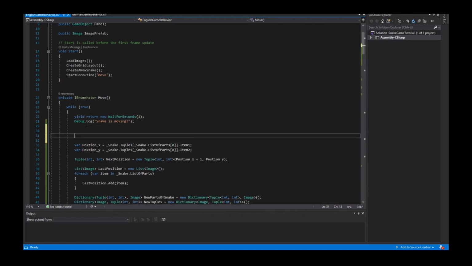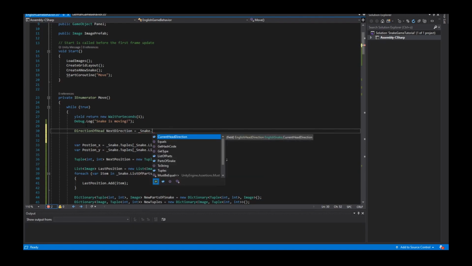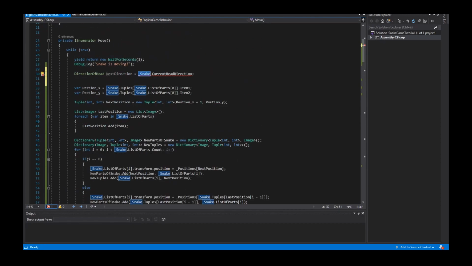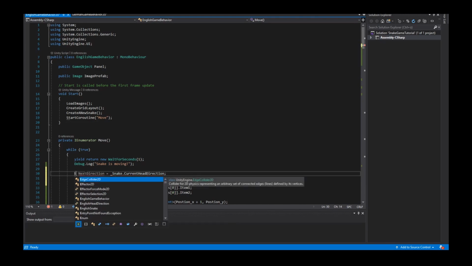And inside the while loop, I have to ask about the current head direction. So from our English snake, direction of head, I call this variable the next direction, and the next direction is from our snake dot the current direction. Okay, what's the name of our snake? Oh, that's the English direction, sorry. English